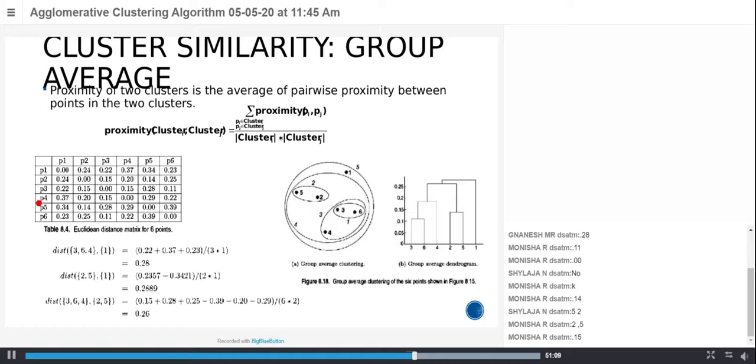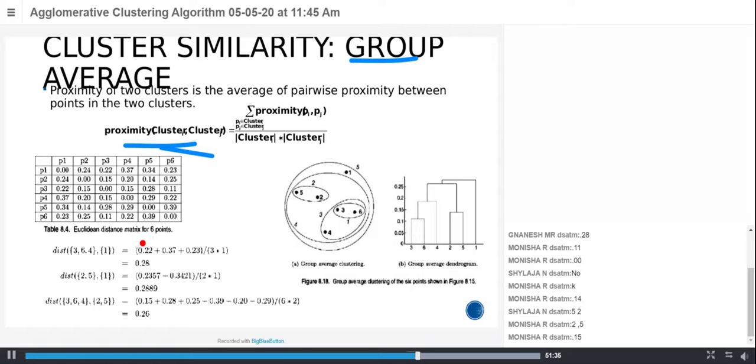The next technique is the average technique, group average. In order to find the group average, we are going to use this formula. It is the same thing. Here, instead of calculating only the farthest distance, we will calculate the distance between each and every point of the other clusters, and we are going to see which points will lead us. And so instead of calculating a single distance, we are going to calculate the average distance here.